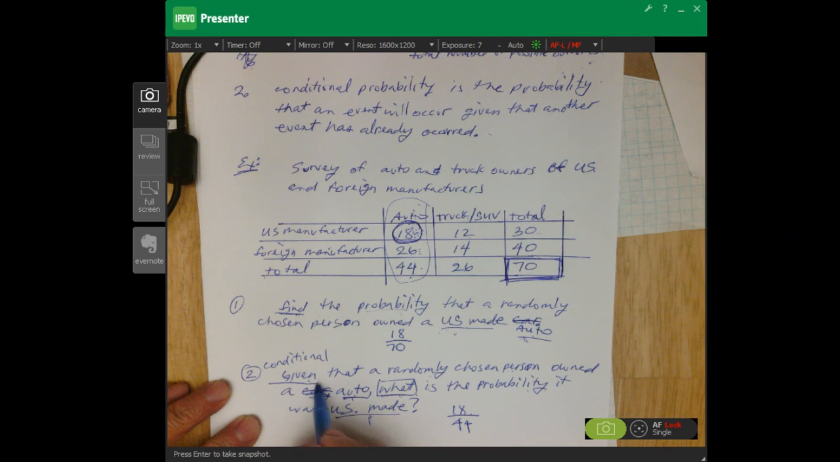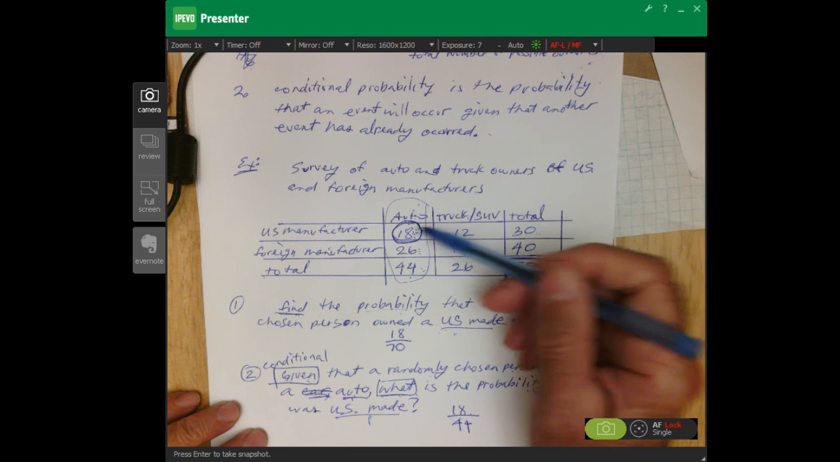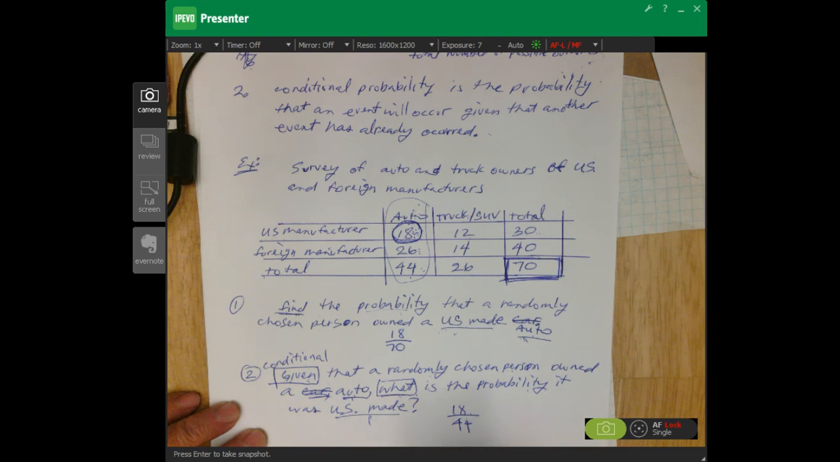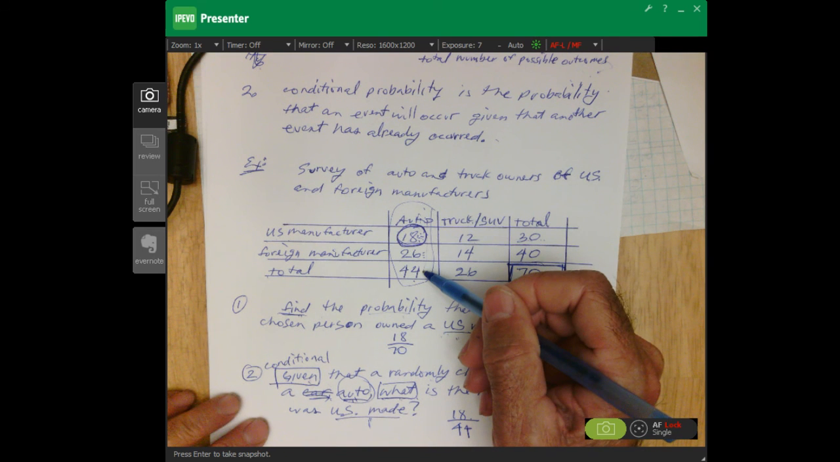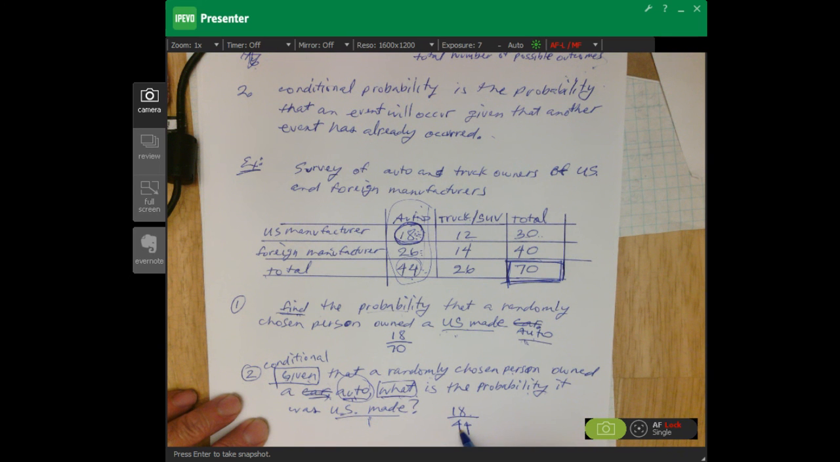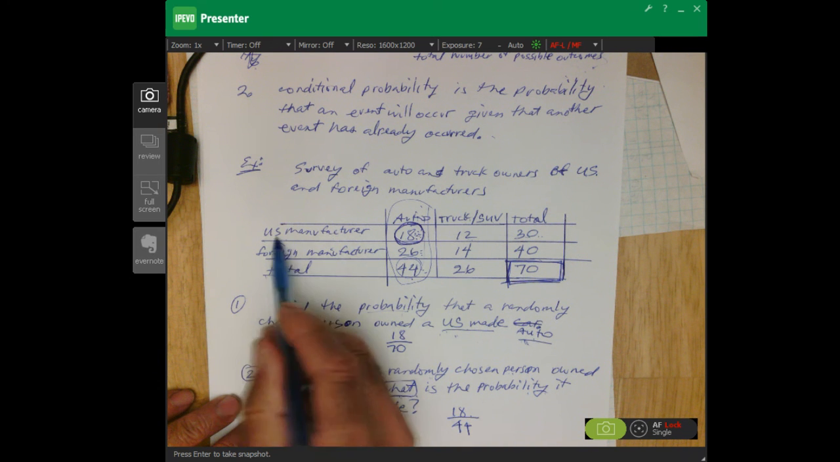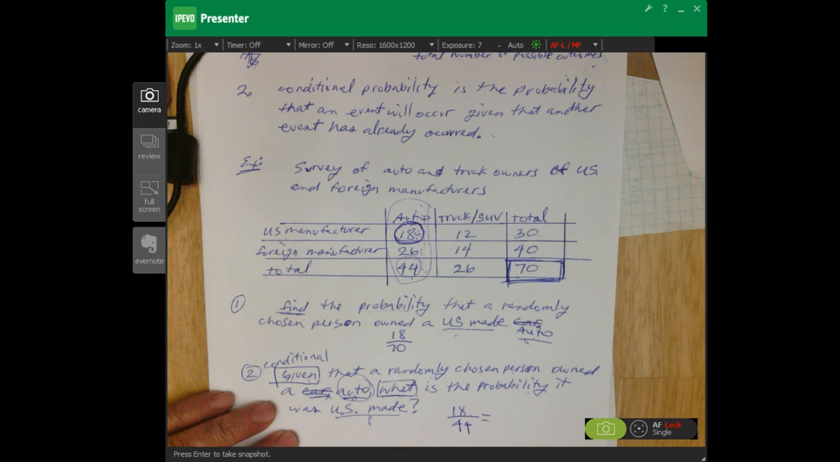As soon as you see that word given, it's telling you to narrow it down, and you're going to be using either the column total or row total, depending on what it's talking about. So with automobile, it tells you it's going to be this total right here, 44, that you divide by. If it said given that a randomly chosen person had a U.S. manufactured vehicle, then you would be going with the row total. Now the way you calculate that